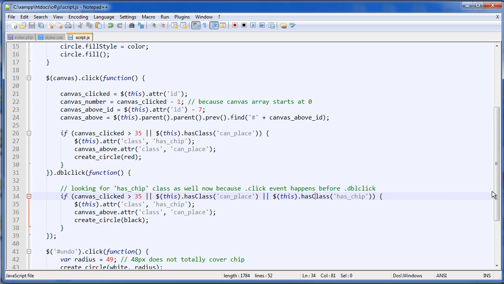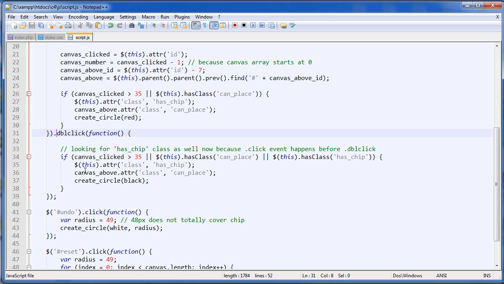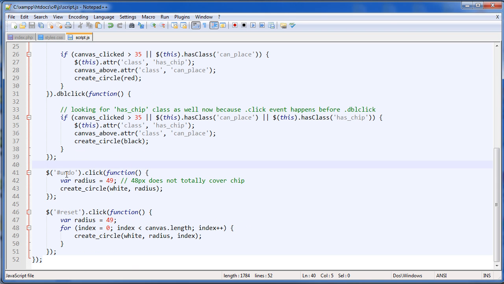And then once that happens, the double click event has happened, and jQuery is aware that it's happened. These things actually have happened already, but then we're going to run this create circle function again, but this time we're passing it a value of black. If we go down a bit further, we have